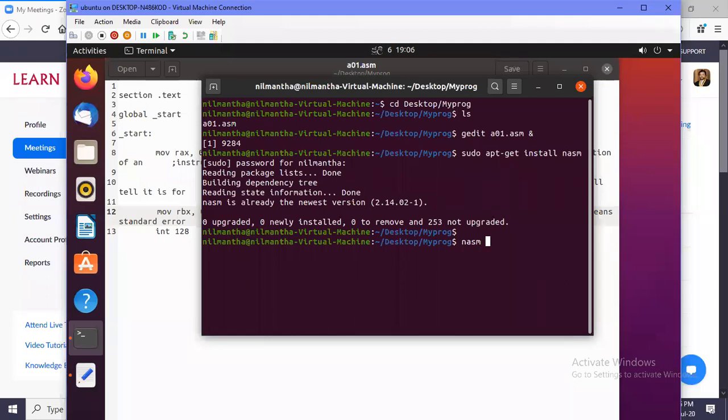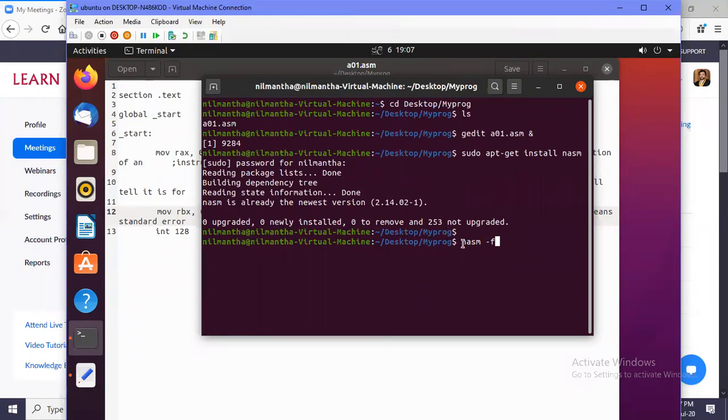After that, you need to give the format of the machine language instructions that you need to assemble. For that, you have to specify -f. -f means format. I think you can clearly hear me, and you can see what I am typing on the screen. If you can't see or hear, just stop me and let me know at the moment. I think I have shared the screen, it's being recorded, and I am being heard. Okay.